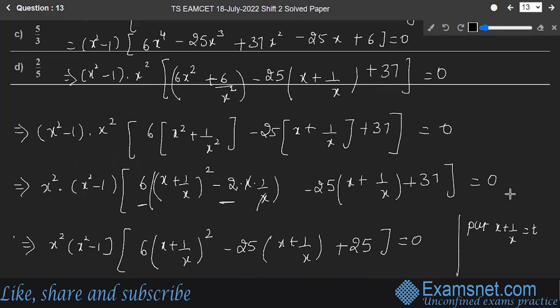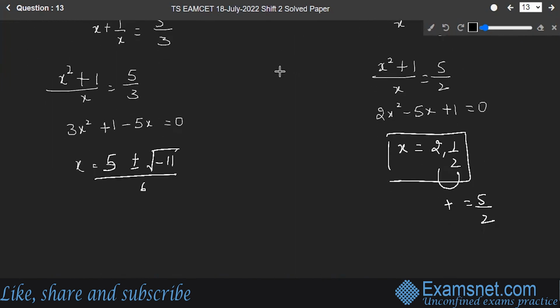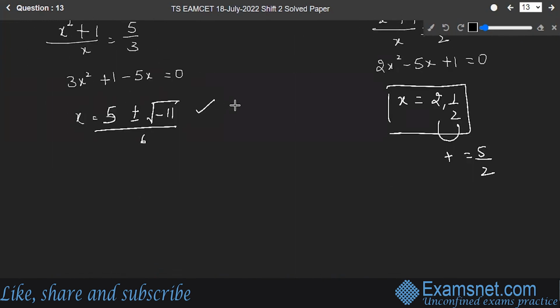And the question was, what is the sum of all non-real roots? So what are the non-real roots? Of course, this is a non-real root. Root of minus 11, this is not real. So sum of non-real